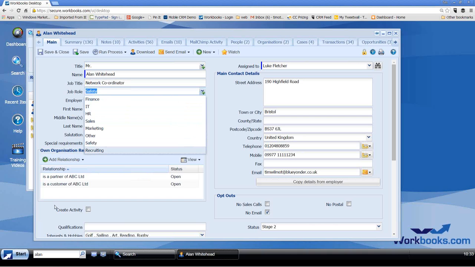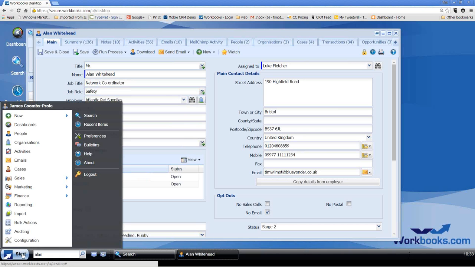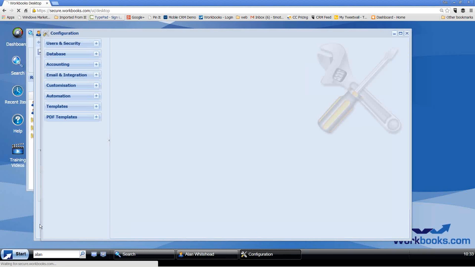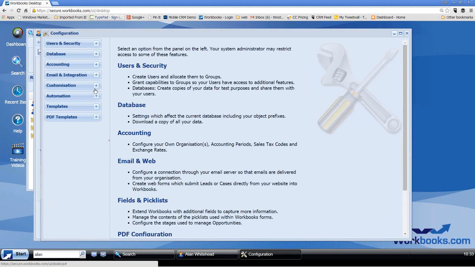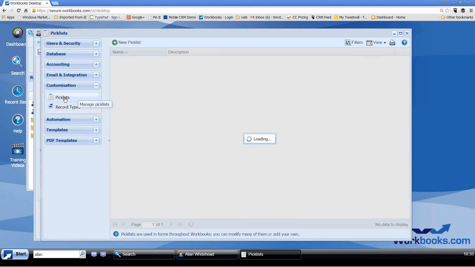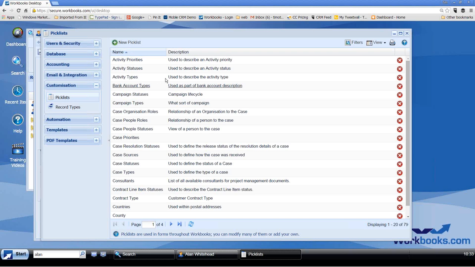So these are the pick lists. They're all maintained in the configuration part, David, of Workbooks. You can go to configuration here, and in this customization section, I just expand that out, there's pick lists, and here's all the existing pick lists, and you create a new one from there. So that's where you access that information, David.